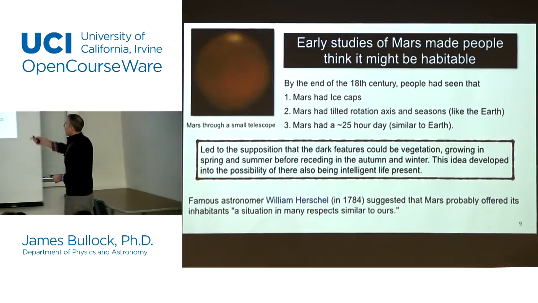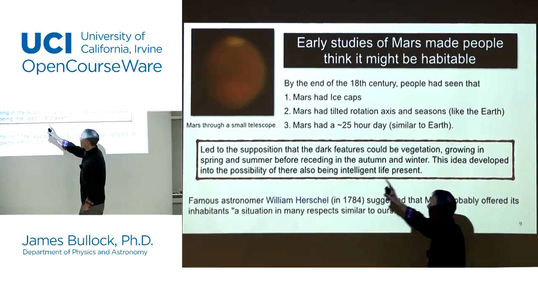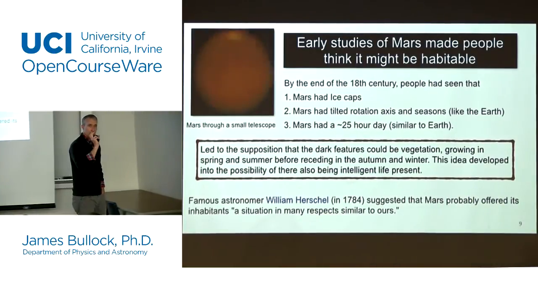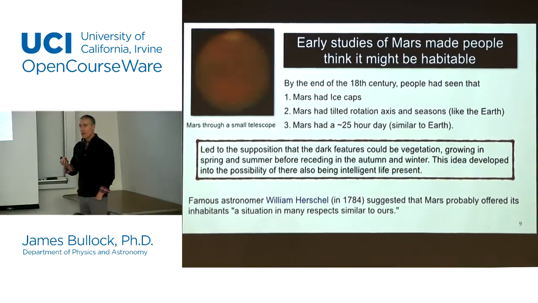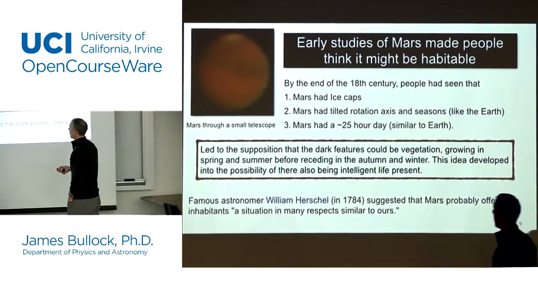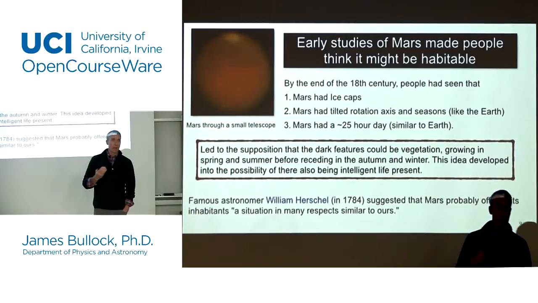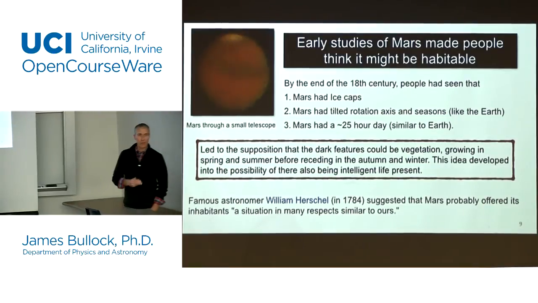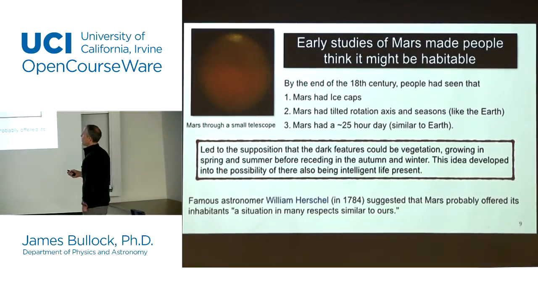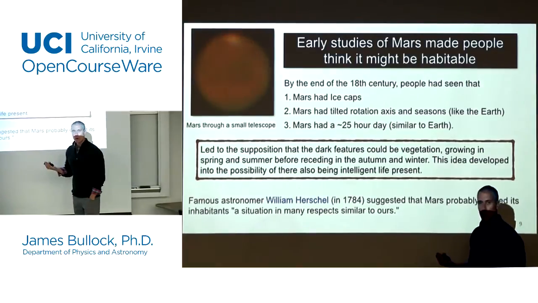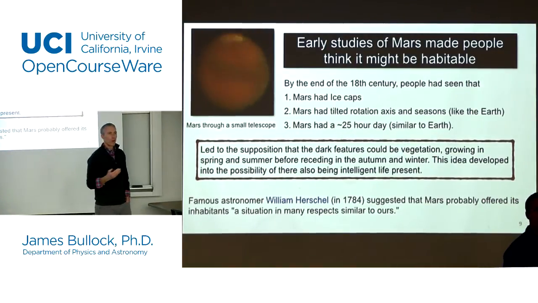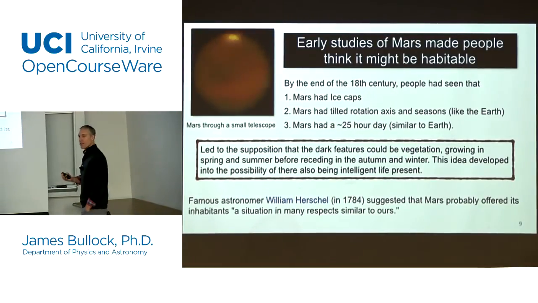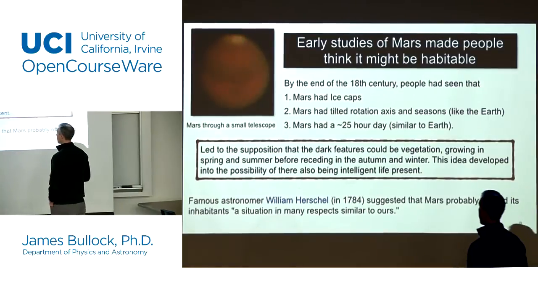So, by the end of the 18th century, people knew that Mars had ice caps. So even with the quality of telescopes they had then, you could study Mars and you could see that it really did have ice caps. So wow, you see that and you think, boy, this is a lot like the Earth. They knew that Mars had a tilted rotation axis, and they knew that it went through seasons. Again, just like the Earth, and wow, the parallels are really similar there, right? They knew that Mars had a roughly 24 hour and 40-minute day, and again, this is looking a lot like the Earth, and so why not? It's got so many things that seem similar to the Earth, why not?